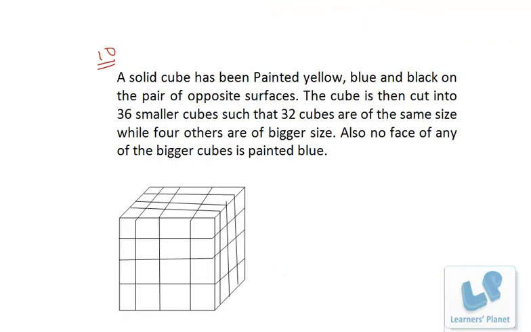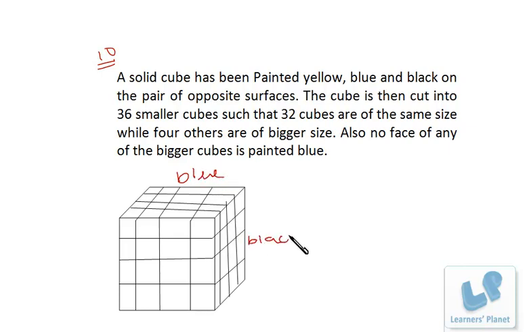Now let's try this one here. Friends, there are 10 questions in this set, so it is worth drawing the preliminary figure. The solid cube has been painted yellow, blue and black on the pair of opposite surfaces. So I assume, say this to be blue,